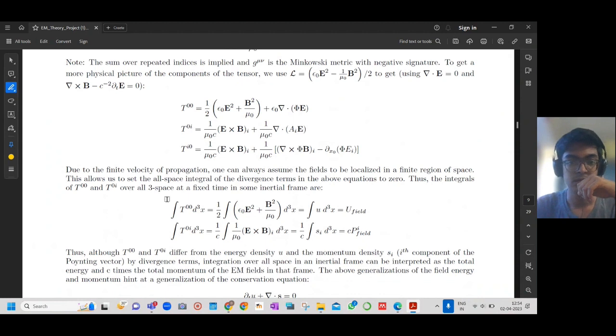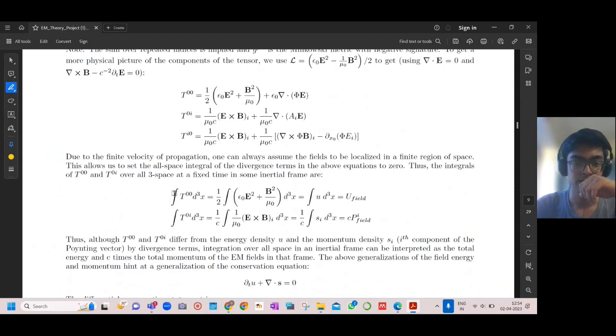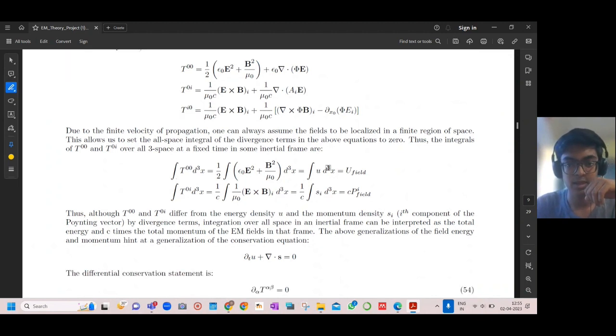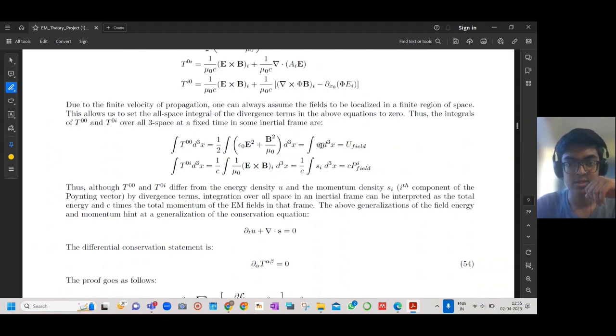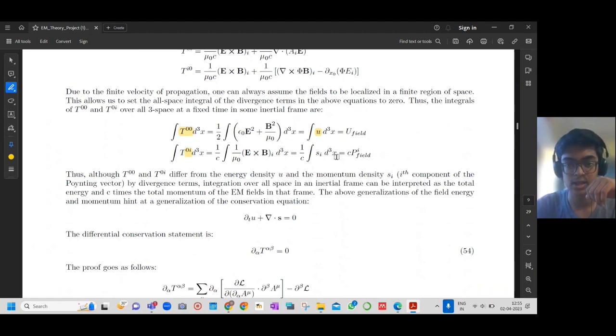So for localized fields, we can always set the space integral of the divergence terms, or the surface integral at infinity, to be 0. So what we get is the total energy and the momentum of the field if we integrate the components here. This relation between U and the component T00 and the relation between the Poynting vector and the component T0i